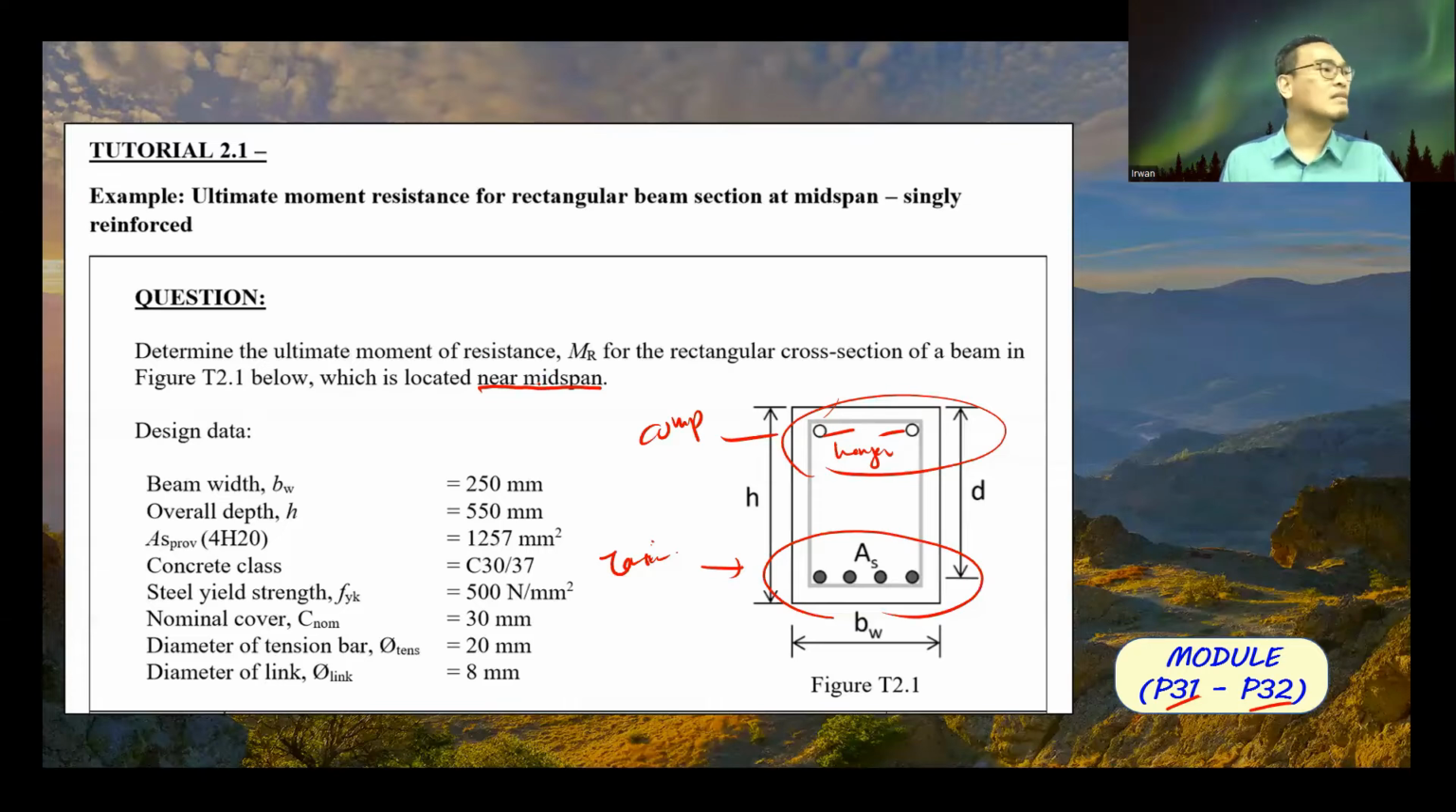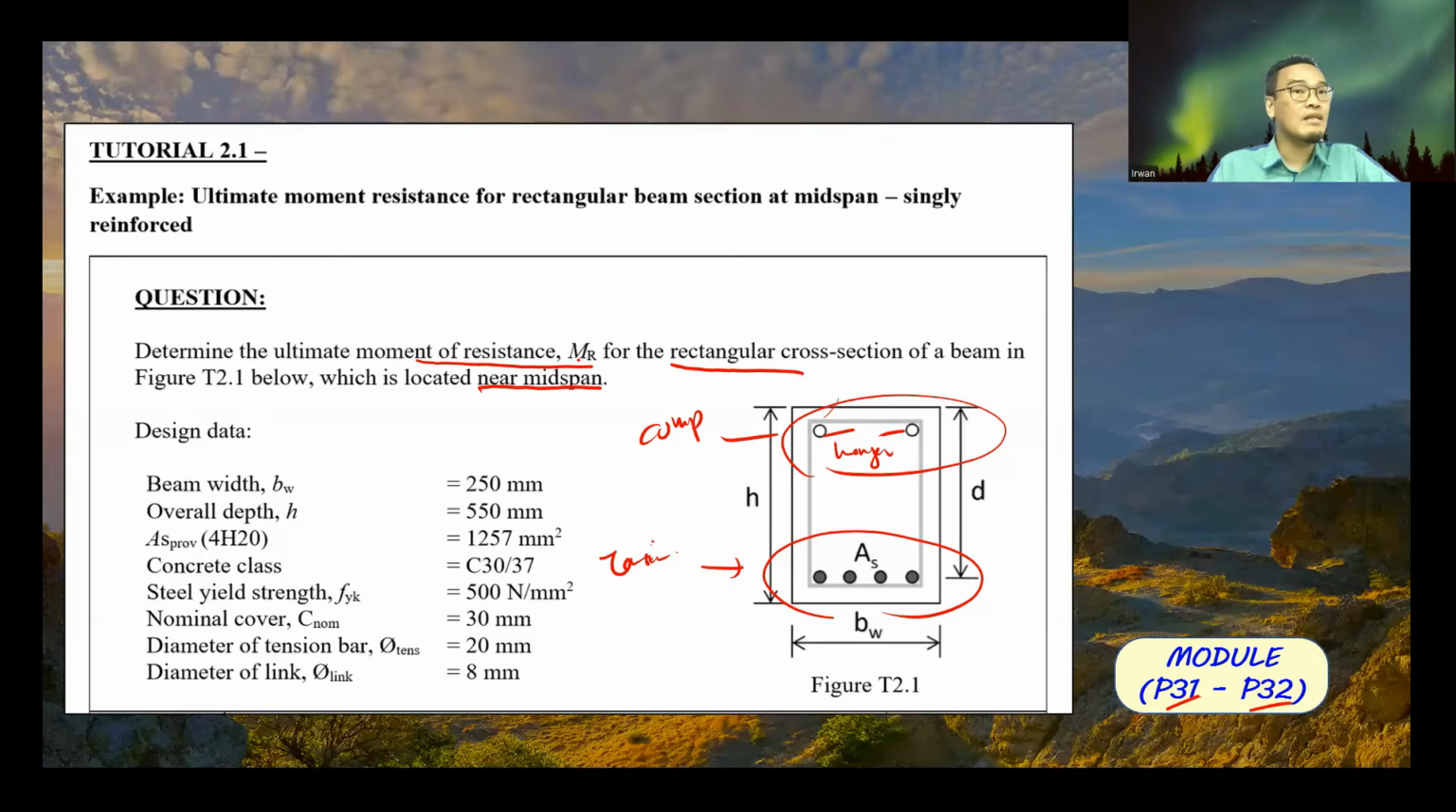Okay, and then another key point here. One more key point. Rectangular. Yes, rectangular means we don't have to consider the flange. And another one is the moment of resistance. Means for this case,